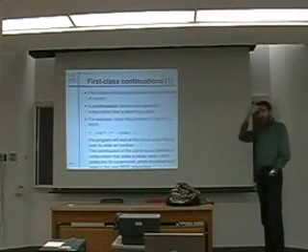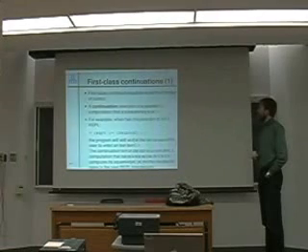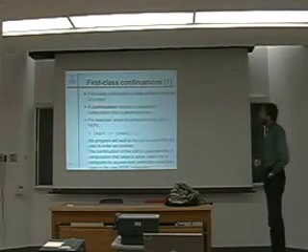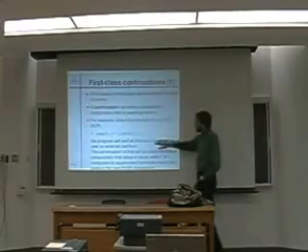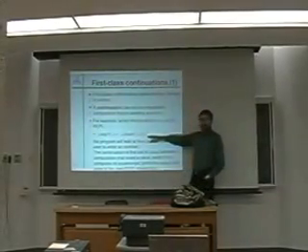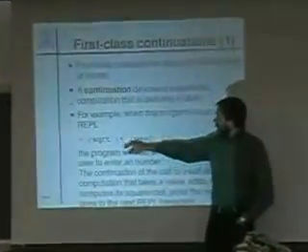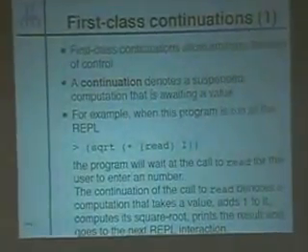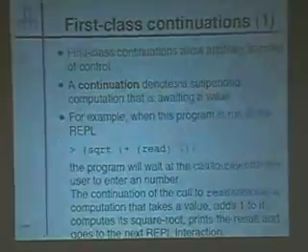I'm not sure how many of you are familiar with continuations, but I basically have a short explanation of the concept here. A continuation basically denotes a suspended computation that is waiting to receive a value. An example is the evaluation that you have here. If you type at the read-eval-print loop the square root of the sum of the call to read and 1, when this is run, the call to read actually suspends the program, waiting for the user to input a number.